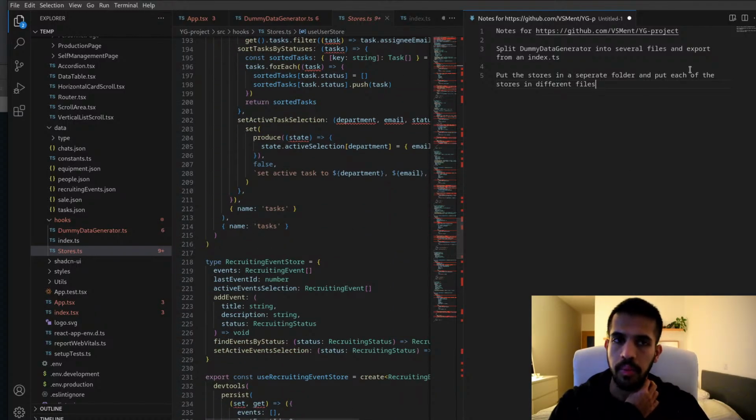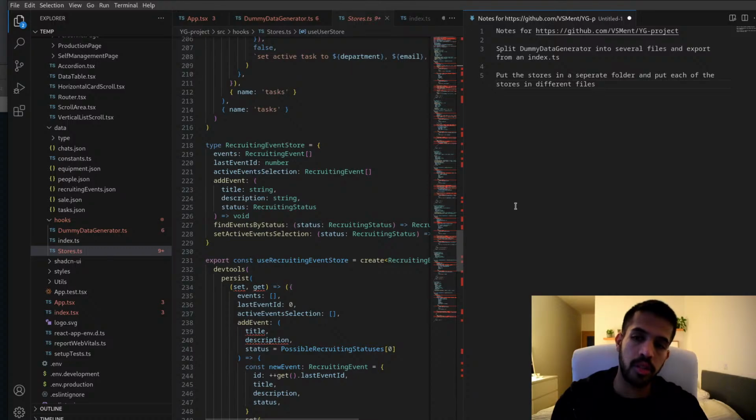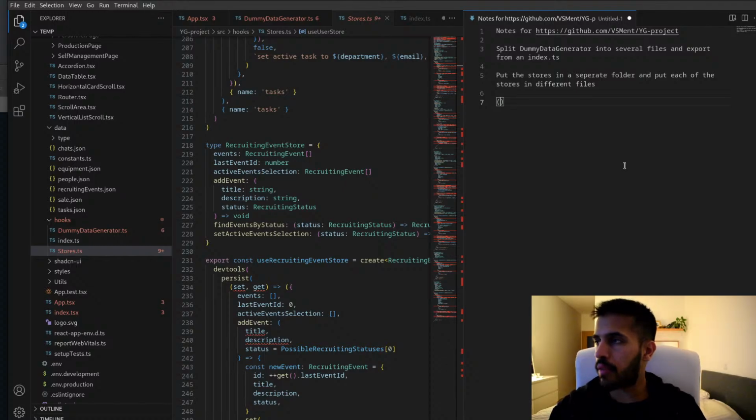In general, it seems like he tries to put a lot of stuff in a single file rather than putting them in different files. And I would definitely urge towards having more files than less, because having more files is much better for version control.